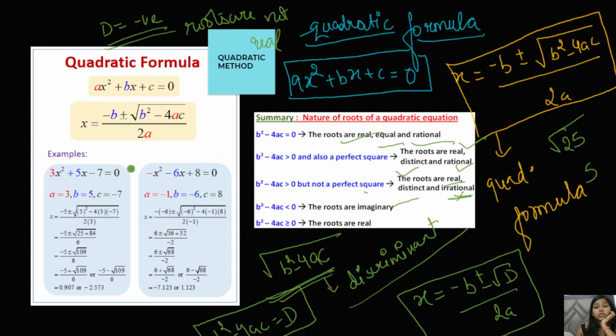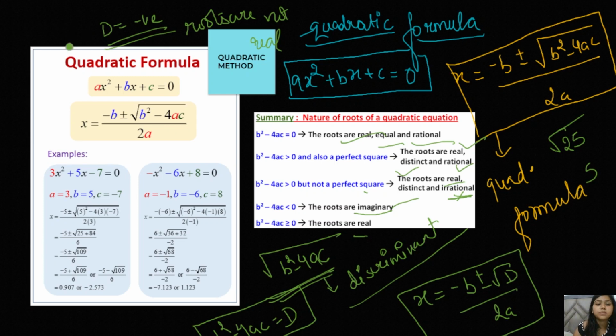You may ask what is imaginary and what is real. You will not study imaginary and real numbers in this class; you will study them in 11th standard. So whenever D is negative, don't perform the quadratic formula further. You just have to write that the roots are imaginary. In that case, don't solve the problem because it can't be solved. What is imaginary and what is real is not for you now; that depends completely on complex numbers, a class 11th topic. So let's not make it confusing for you.